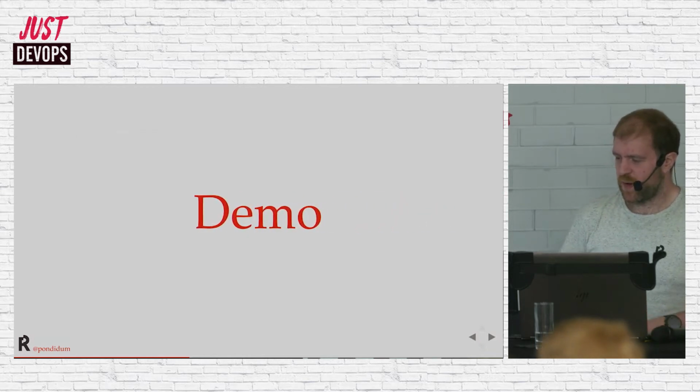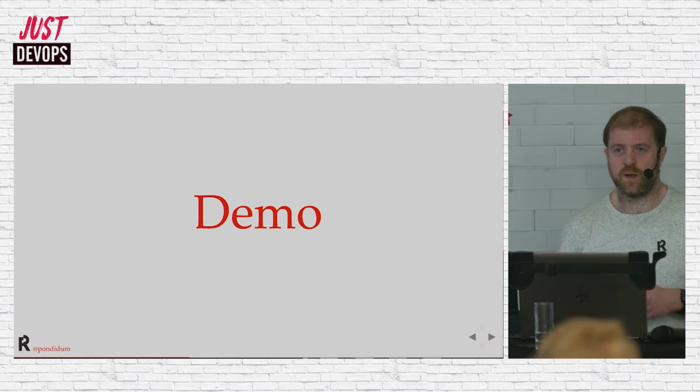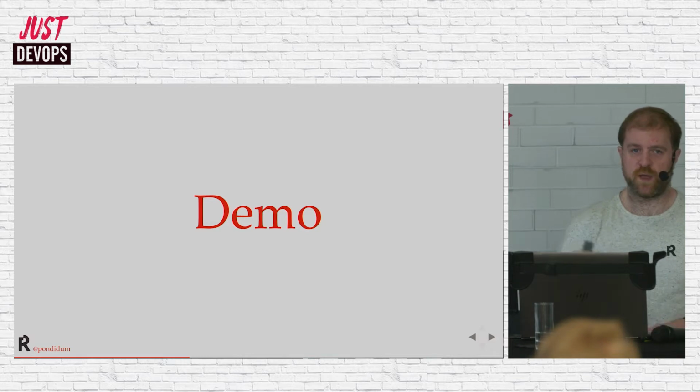But because talking is boring, I'm going to try and demo some stuff. So we're going to use one of Vault's coolest features, which is dynamic secrets. This is where we can ask Vault to get us a connection string to a database, and it'll generate one for a short amount of time for you. So rather than having a hard-coded username and password somewhere, we can have Vault generate one on the fly for